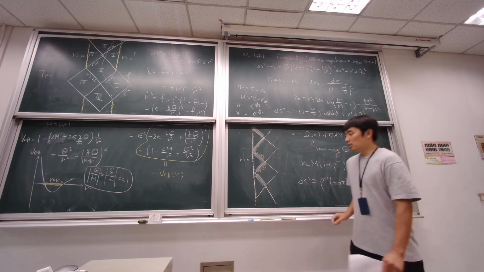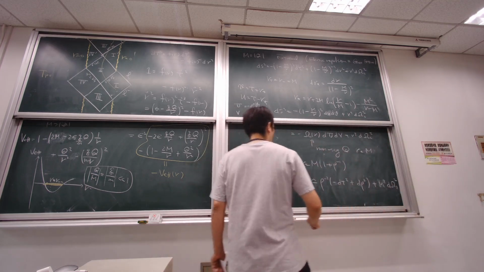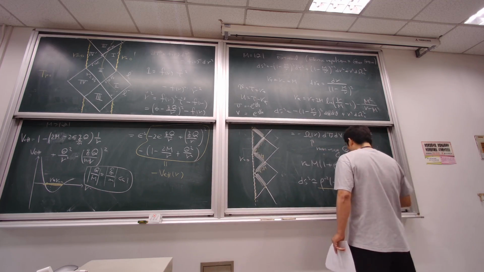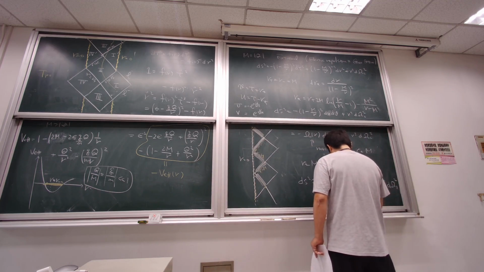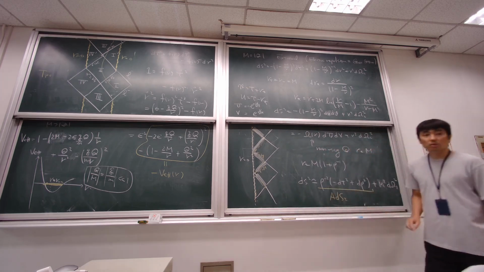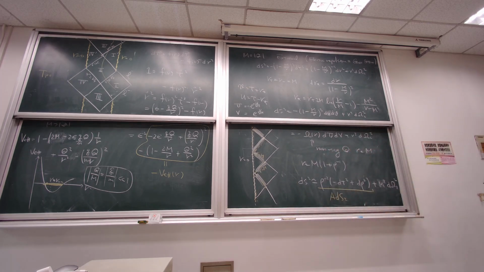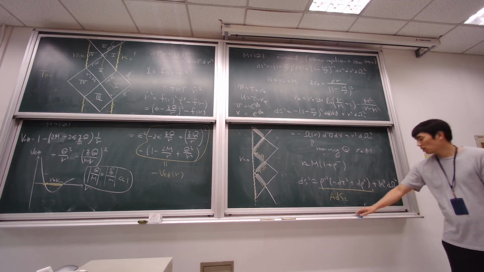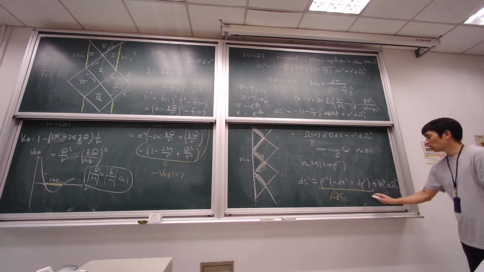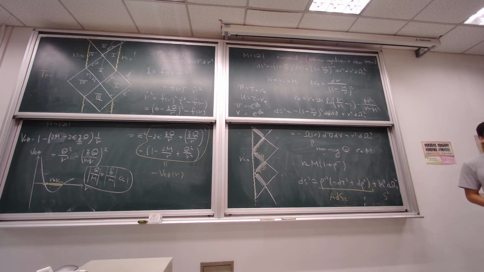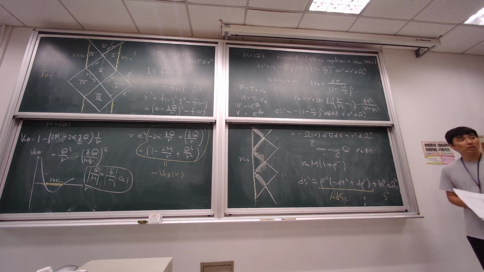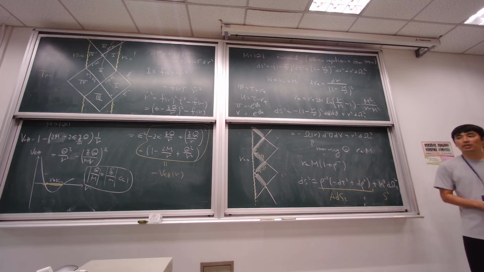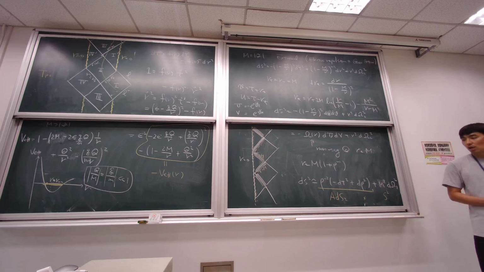And if you look at this one, I will talk about anti-de Sitter space later, but this is the metric for AdS2. Somehow, magically, it looks like AdS2, and this is S2. Okay. So the near horizon geometry becomes AdS2 cross S2. So that's the nature of this extremal black hole.